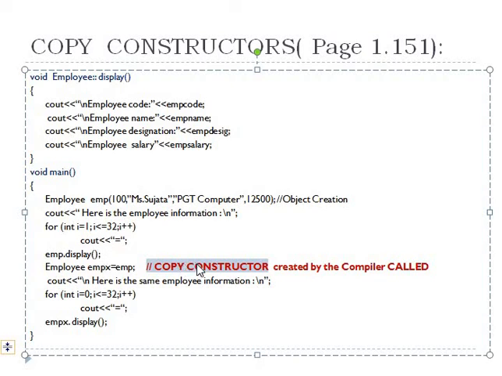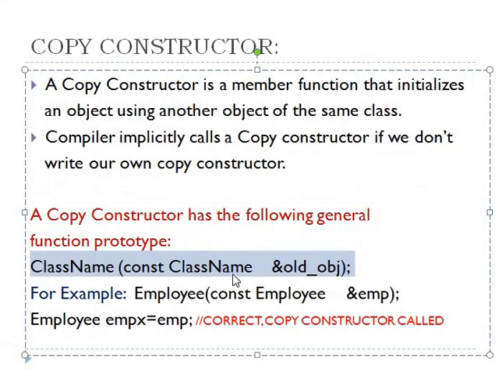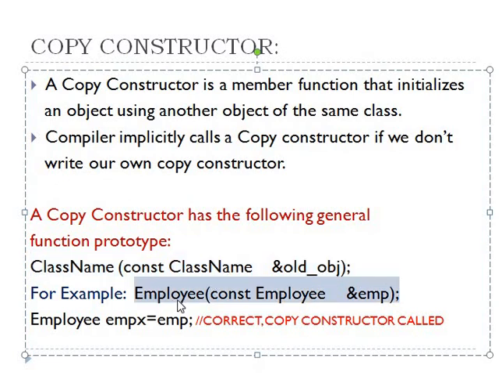This has been created by the compiler because we didn't have any copy constructor for our class known as employee. This was the only constructor, but this is the parameterized constructor. For a copy constructor to be inside our class, its prototype has to be different. The prototype has to look somewhat like this, and the declaration of the copy constructor would look something like this, which is not present inside our class. That's why the compiler has implicitly created this copy constructor by itself and then invoked it.